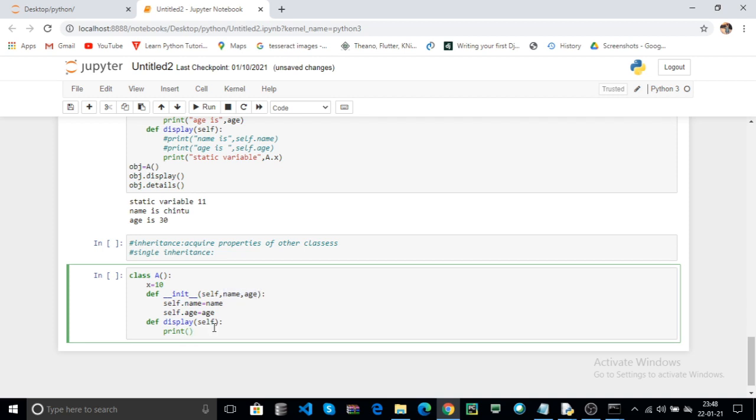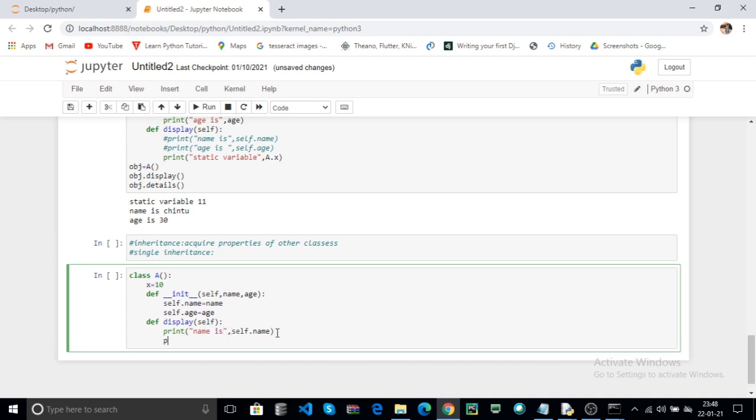You can access the parameters in the other functions. You can use self dot your parameter name or your variable name. The name is, for example, here the name. Now print age is, here print age.